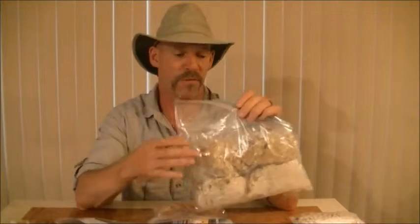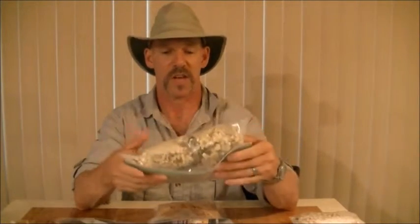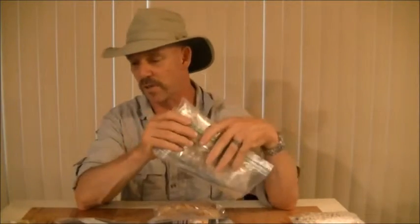Next up, we have 4 freeze-dried meals from Mountain House here, and I think I've got beef stew and what's the other one? Stroganoff, which I pretty much like, okay? And they come packaged up like this. I take them out of the package, and I take the 2-serving size and split it up into 2 meals,